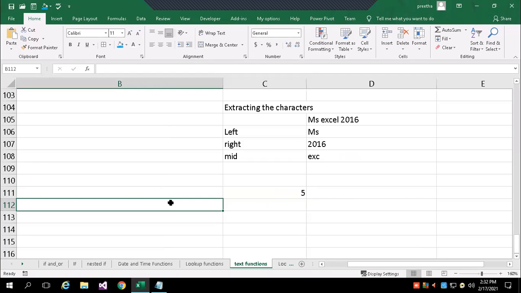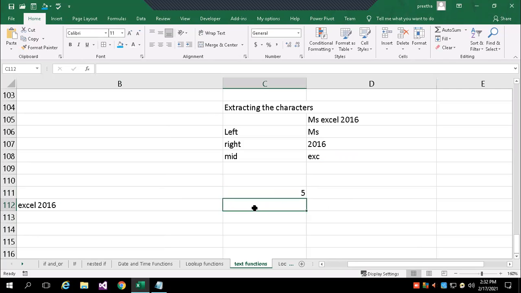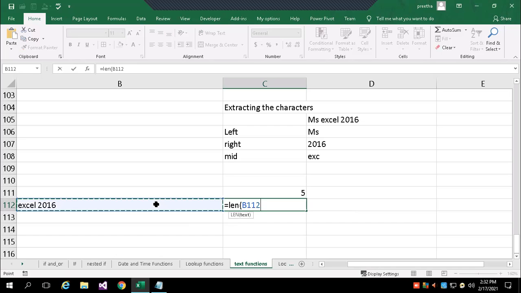Now I'll type here one data, Excel 2016. In this, how many characters are there? Length of B12. You can see it will calculate and give you the count including space.